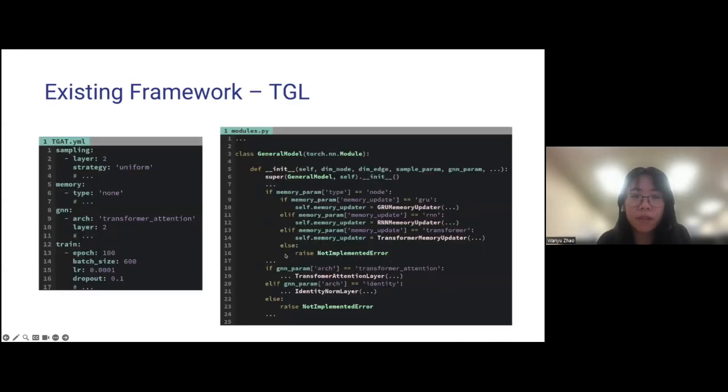So this is how TGL works. It configures the models, sampling, and hyperparameters through a YML file, and their model definitions look like this. They have different blocks to control what kind of techniques to utilize for node memory and what techniques to utilize for the main aggregation architecture. And it's very hard for users to define their own models directly on top of this or